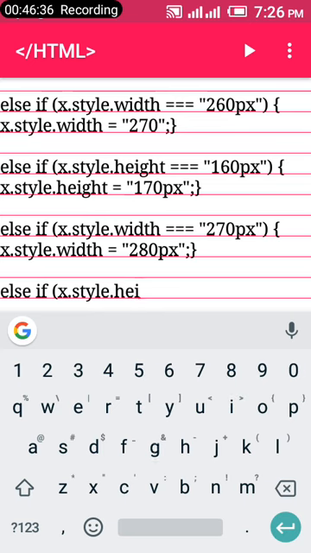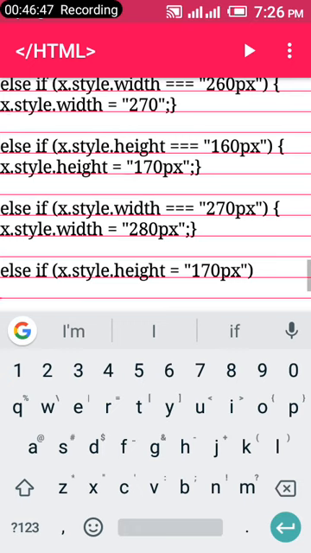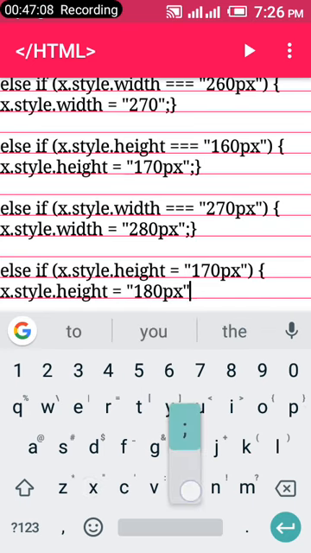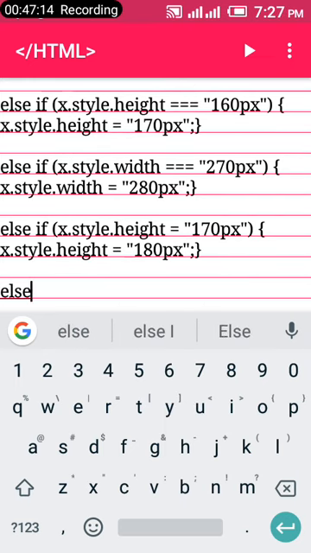x.style.height was set to 170 px, close the bracket, x.style.height equals, as said, we are trying to declare a new height, 180 px. So you close your semicolon, close the wavy bracket to the next line, else if